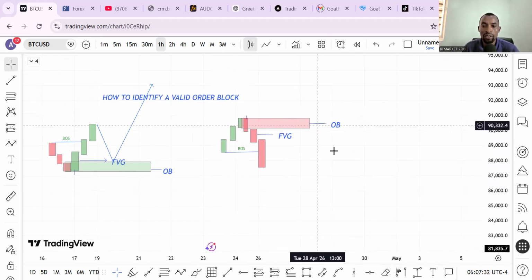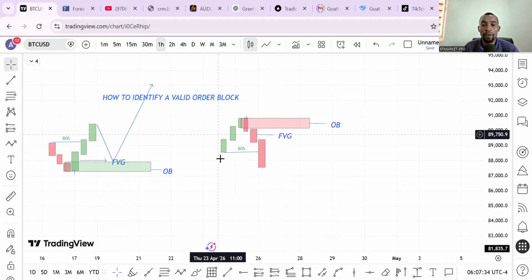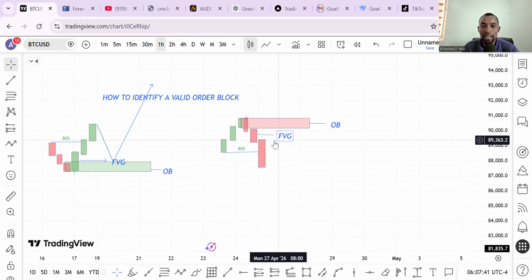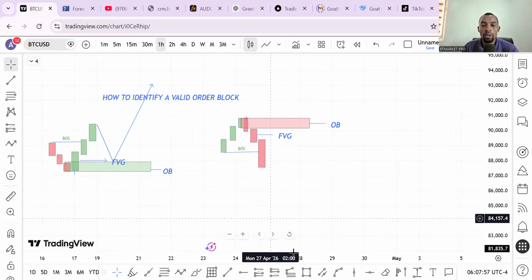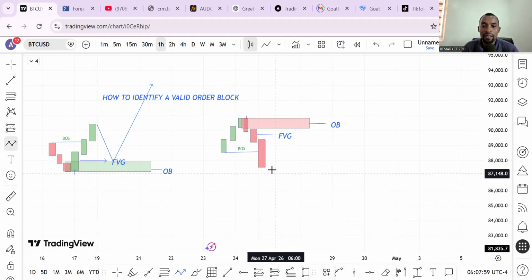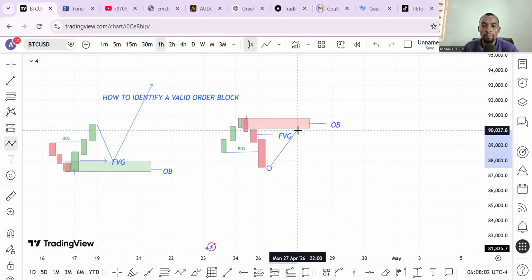And coming to this is also a valid bearish order block. When we have a break of structure, an imbalance, and we have the last bullish candle before a break of structure. And we have our last bearish candle that swept the high of the last bullish candle, which means it has swept the liquidity above this high. So we expect price to come to this order block and for this order block to hold and